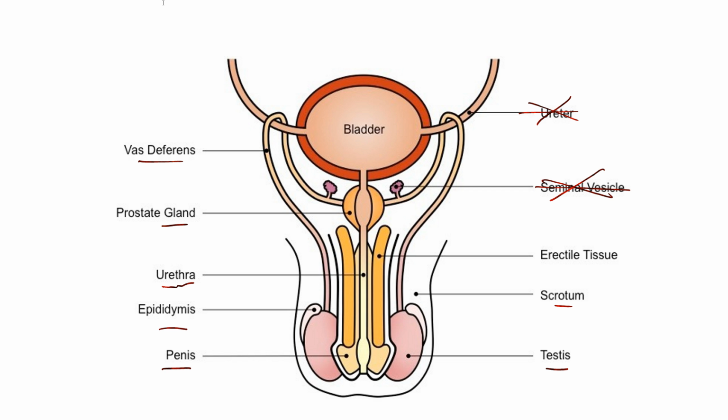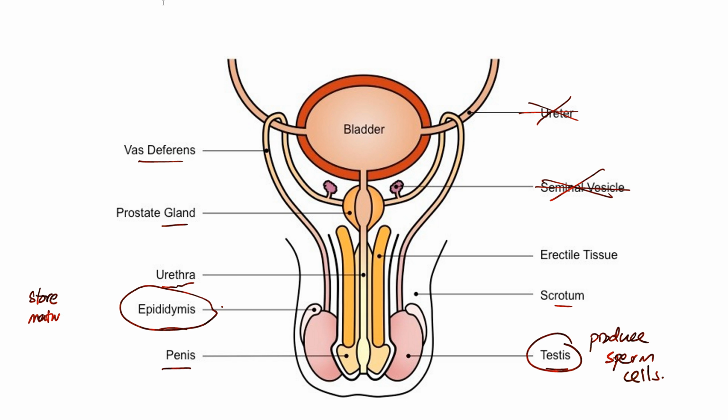So the organ that produces the sperm cells, the sex cells of the male reproductive system, is the testis. So testis produce sperm cells. And the sperm cells are going to be stored in the epididymis. So epididymis is like a storage, so it stores mature sperm cells. When sperm cells need to be released, they will be released through the tube called vas deferens. So vas deferens is a tube that channels the sperm cells out of the testis, right, into the female reproductive